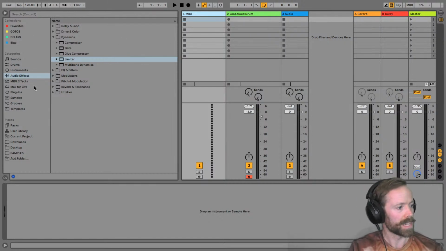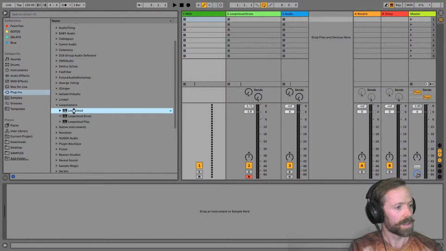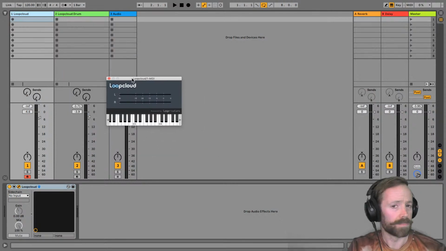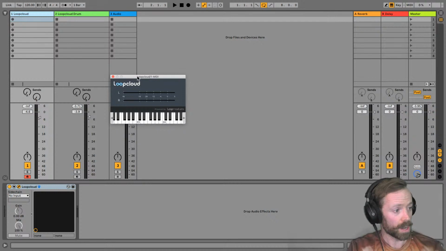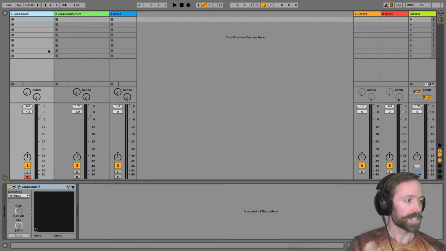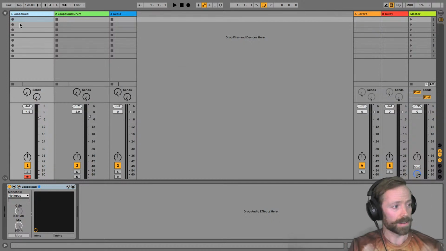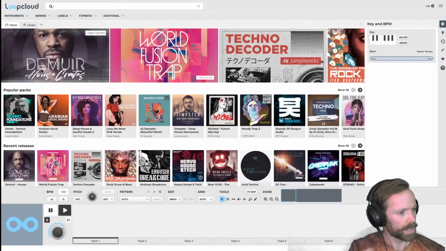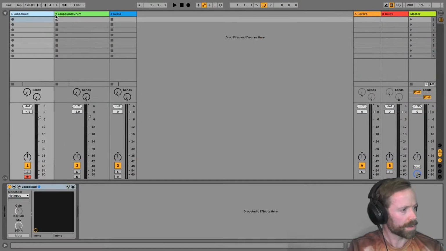So I've got this MIDI track here. I'm just going to go to my plugins and add Loopcloud to this MIDI track. You don't necessarily need to worry about anything else there. You can just close it up. You can see it just has audio meters on there, and also a keyboard. This is because it actually works like a MIDI instrument, so you can sequence it directly from here if you like, and I've done that in other demos. But we're just going to close it up and forget about it. The only other thing to know is that the audio routes from Loopcloud onto this track within Ableton. So now if we switch over to Loopcloud,